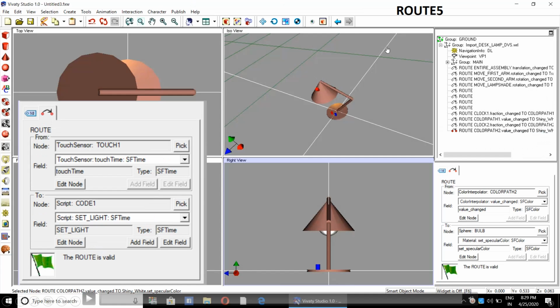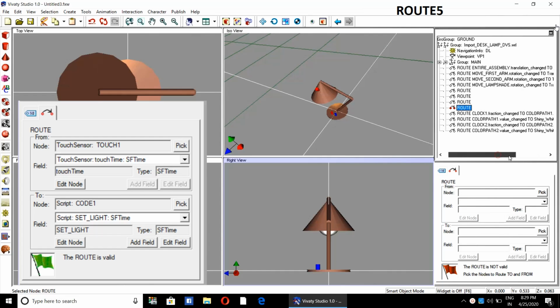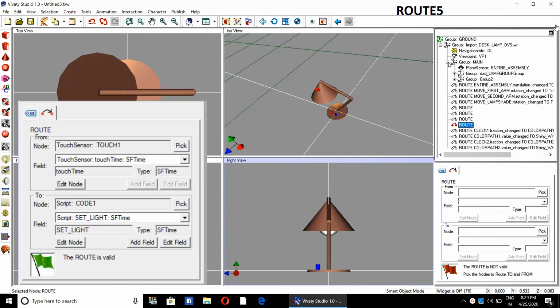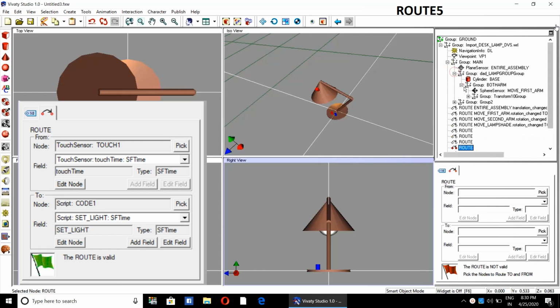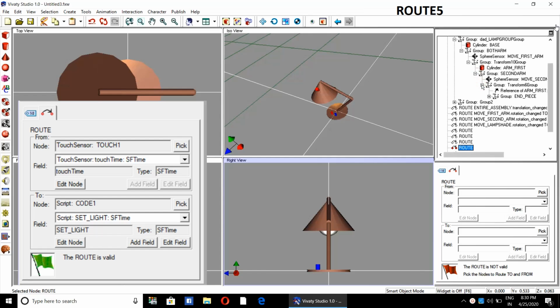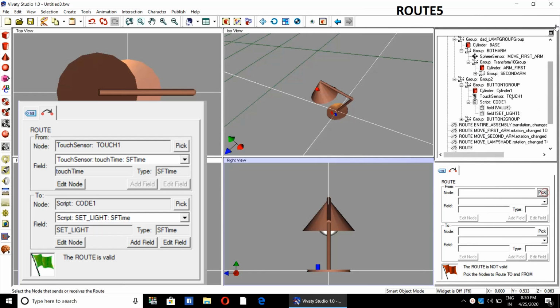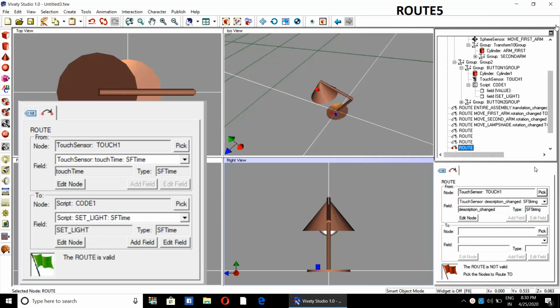Then there will be route 5. From touch sensor 1 to script code 1. So pick touch sensor 1, touch 1 to script code 1.